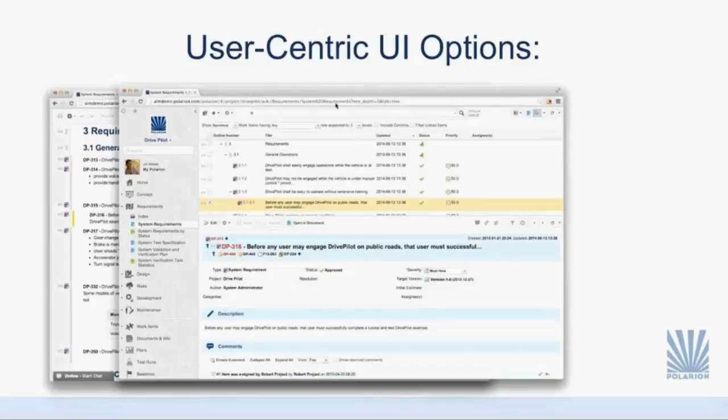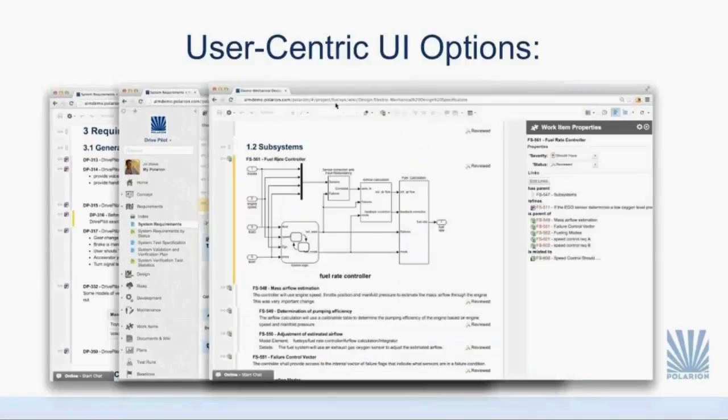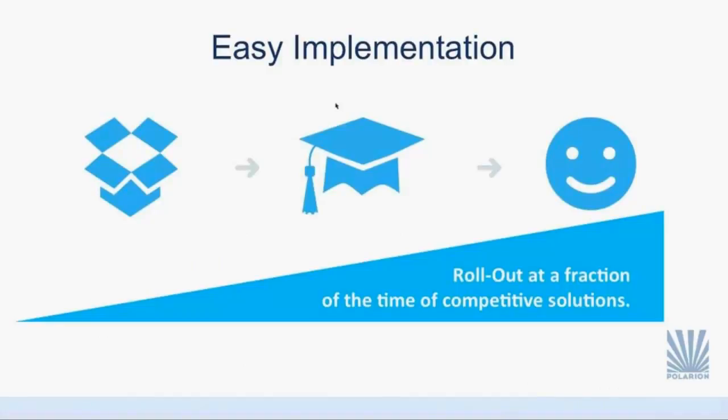And domain experts who want to stay in their familiar environment can do so and still be tied into the centralized repository. Polarion's native integration with MATLAB, for instance, allows customers to publish Simulink models as an integral part of their application lifecycle. This gives everyone the right view and right tool for the task he or she needs to execute. Our unified, complete solutions can be implemented in a fraction of the time of competitive solutions, allowing our customers to avoid wasting time and budgets on costly point solutions and consultants to make them work together.